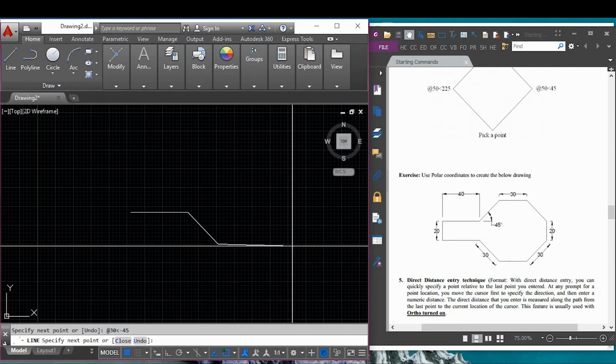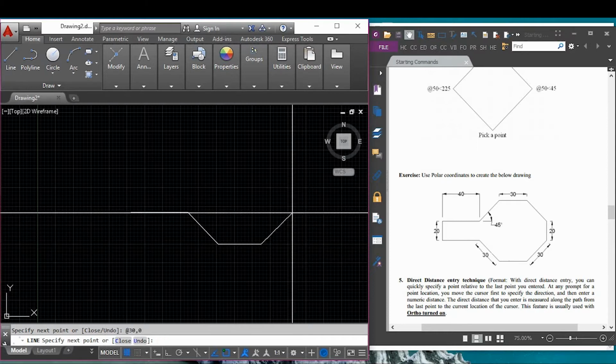I go to the right 30, so I use Alt here, to the right 30, 0 for Y, and then I will go up 30 units, Alt 30, and the angle here is 45 degrees. Enter,